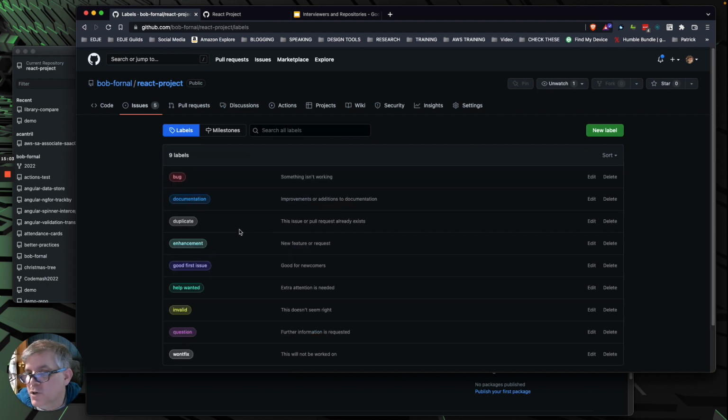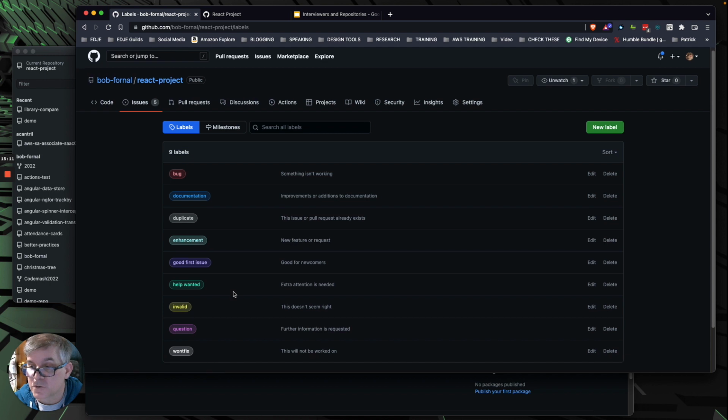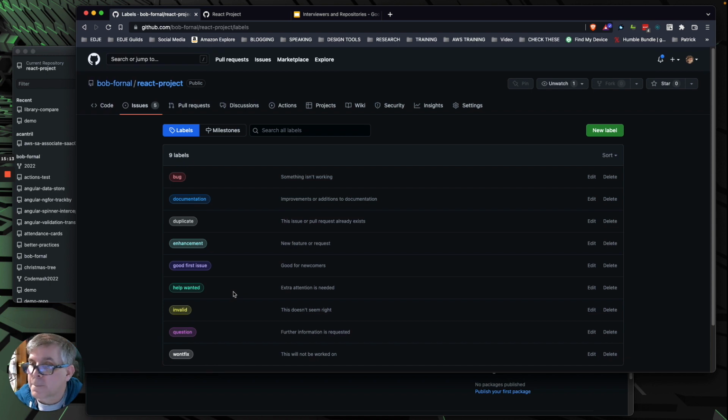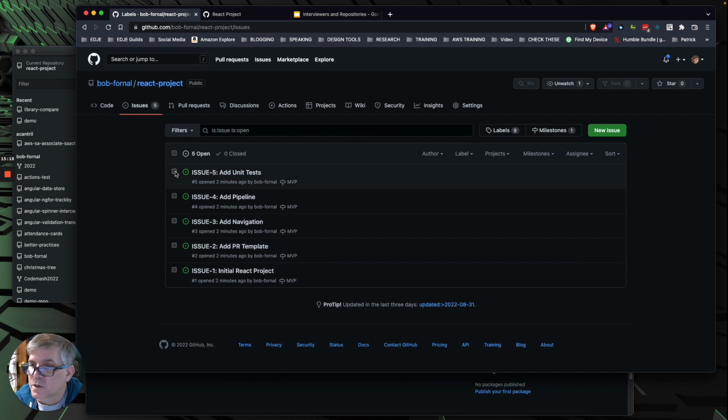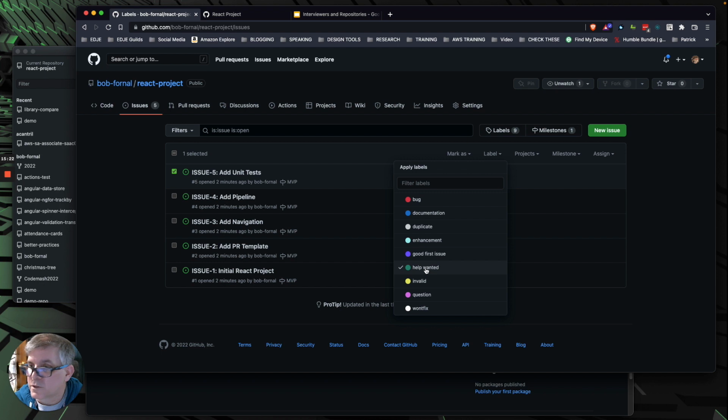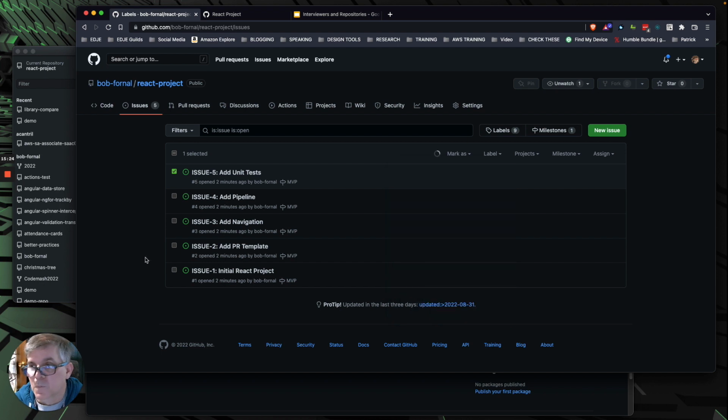Labels are pretty straightforward. I'll often add things in for specific pages, but we don't have too many pages here. It's just navigation. Some of the fun ones are good first issue, help wanted. You can search for those kinds of labels. So what do labels do for us? Well, let's say we're looking at this add unit tests, and let's say that we're looking for help on this. Might be a good label to add, to let people know when they look at these issues. Now, we're going to finish that one up before the project is finished. I just wanted you to see that.